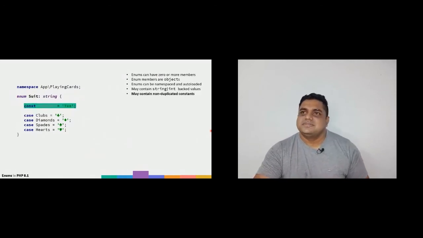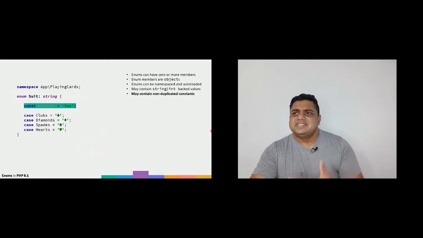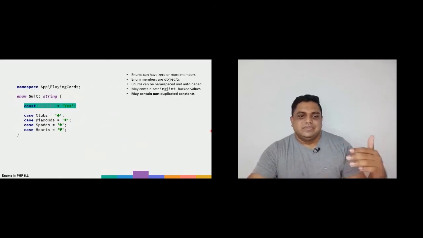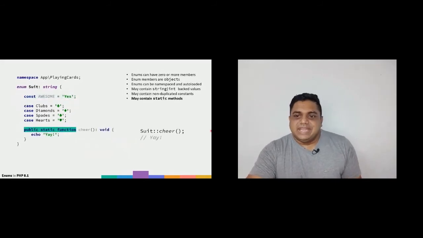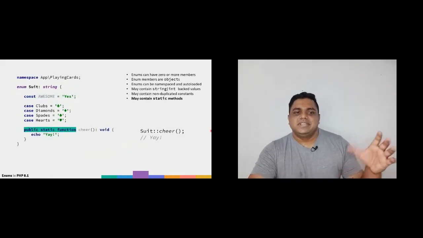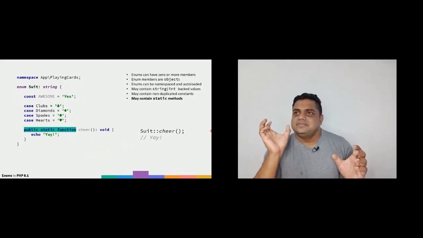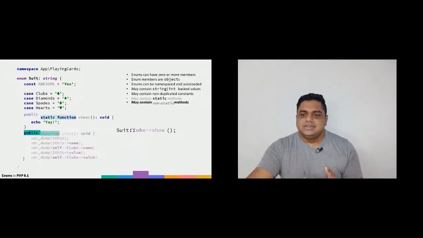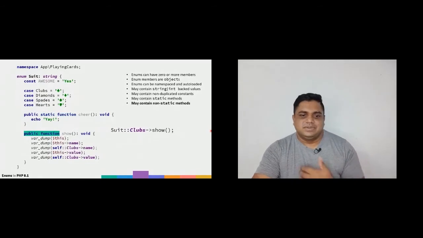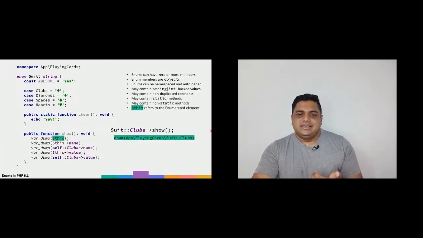You can have class constants as well. Like I said, they are very similar to class objects. You can have constants as long as they are not duplicated with members and class constants. They can have static methods. So for each of the enumerated types, you can have any of these custom methods that you like to add. This works. You can have non-static methods as well, so it also works. And if you try to see what's in this with the $this sign, that's the whole class itself, or the whole object itself.